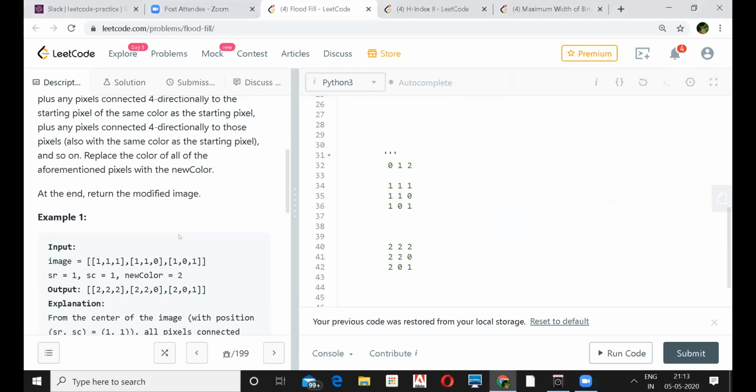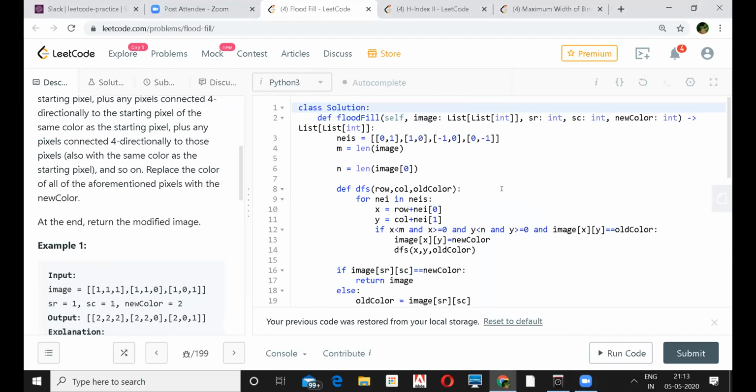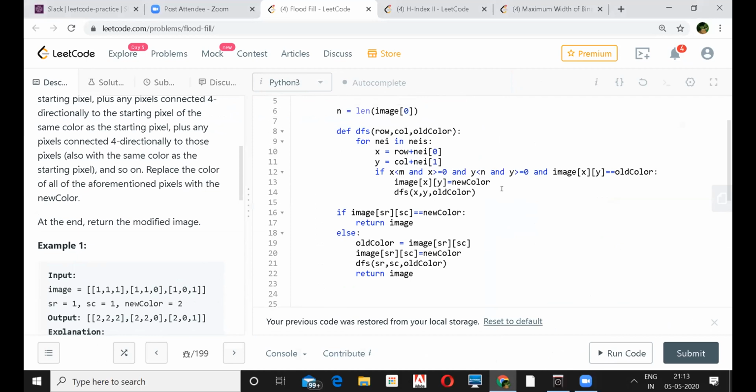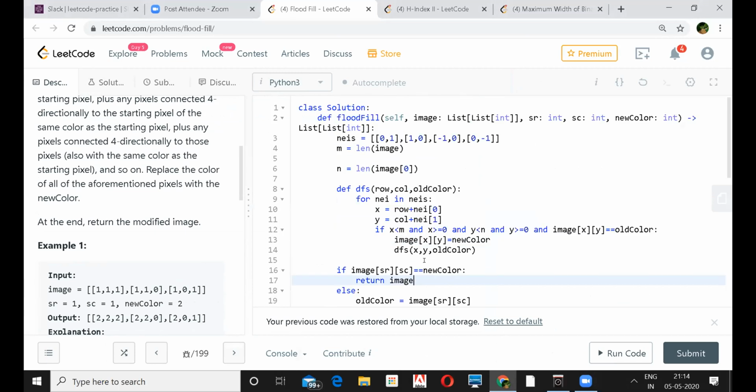My code is similar to what Hashim was talking about. First I'm checking whether the starting coordinate they have given is already painted with the new color. If it is, then we return. Else, take the coordinate of the old color, place the new color in its place, and pass this coordinate to the DFS function. It's a normal approach with rows and columns. This is all the 4 directions, and this is getting every new coordinate.